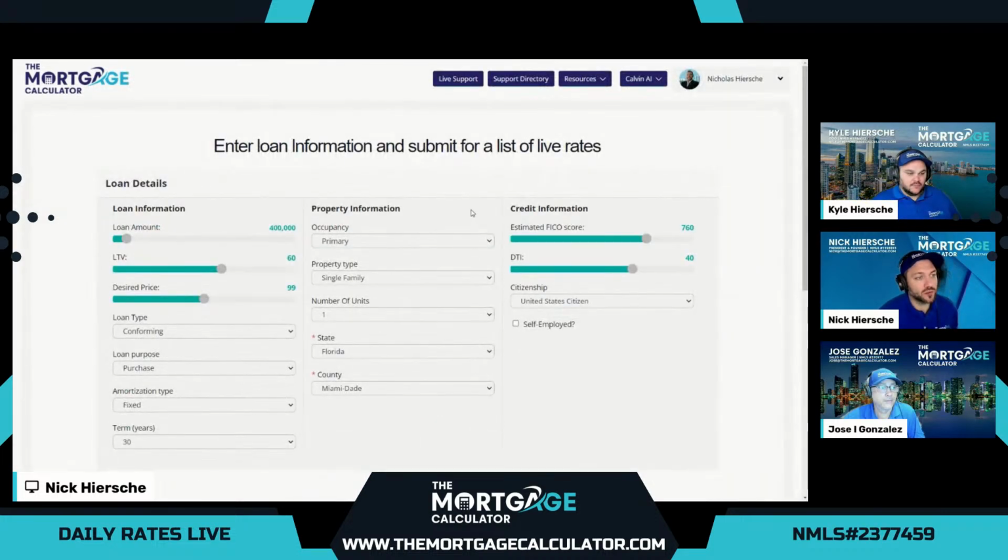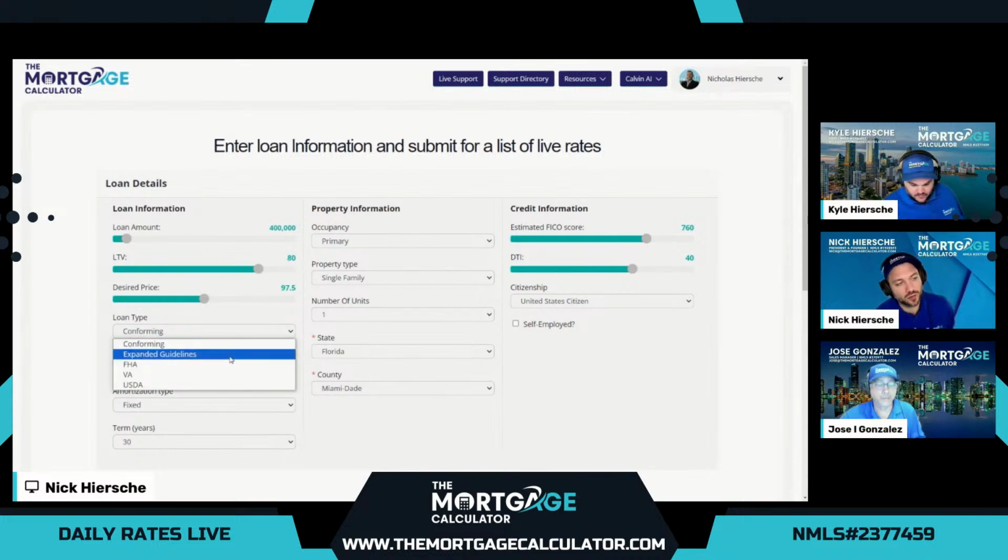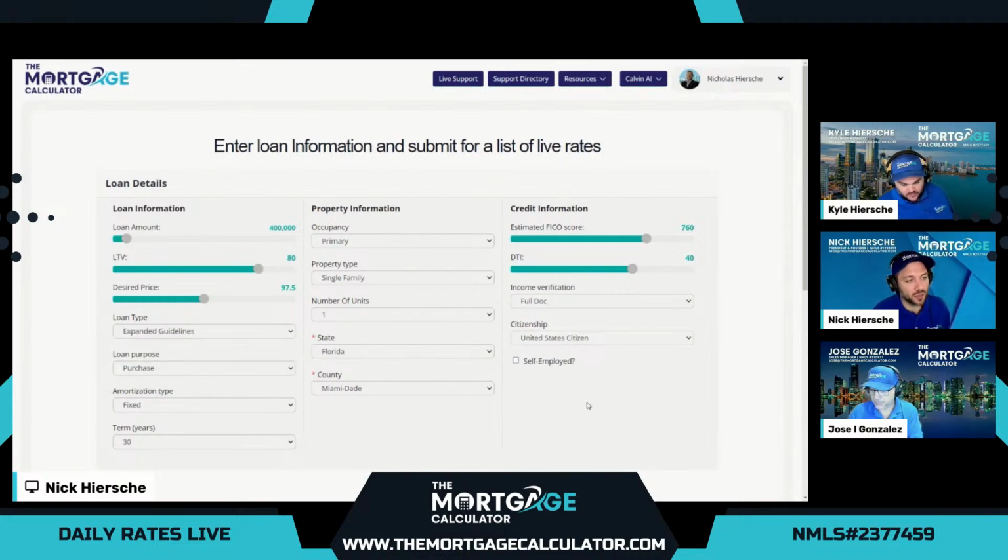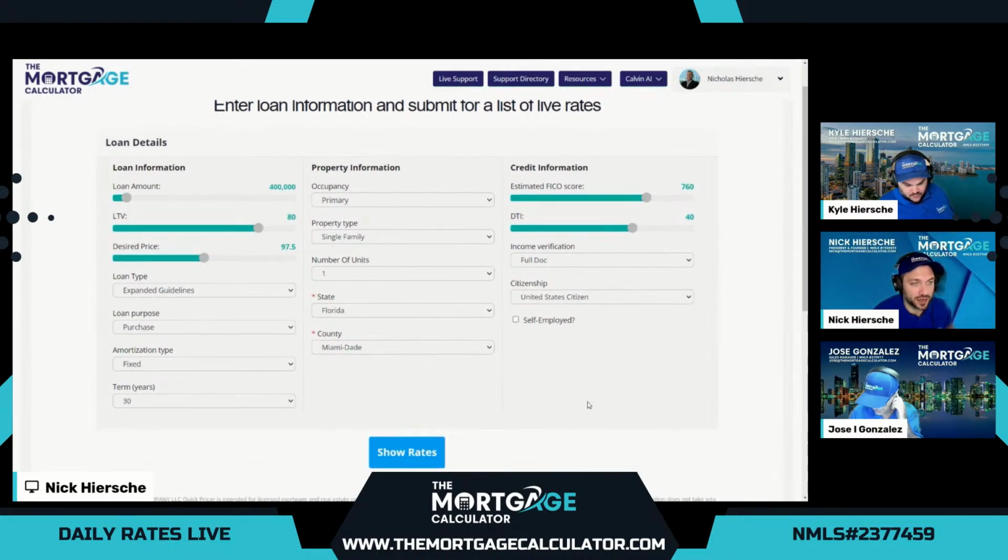Now, where we love to specialize here at the Mortgage Calculator is if our customer doesn't qualify for either program. Unfortunately, many other banks or lenders would have to deny that customer, but that's where we love to present our non-QM, also known as expanded guideline options, where we have over 5,000 alternatives using different income options.